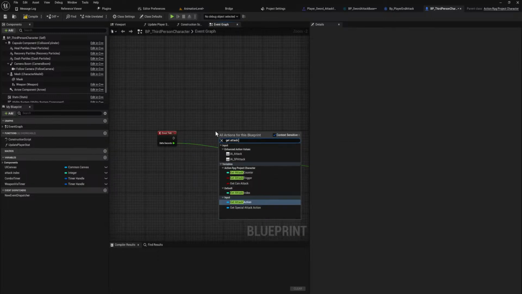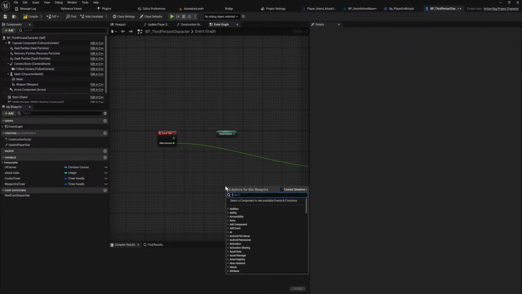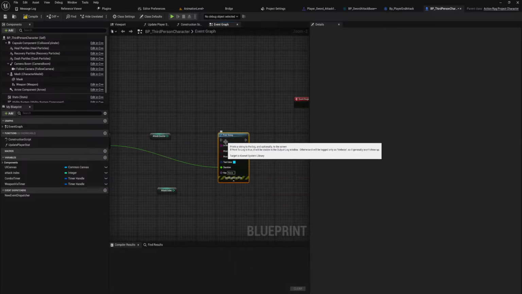Get attack counter or attack index? I don't remember which one is which, but let's test them both.